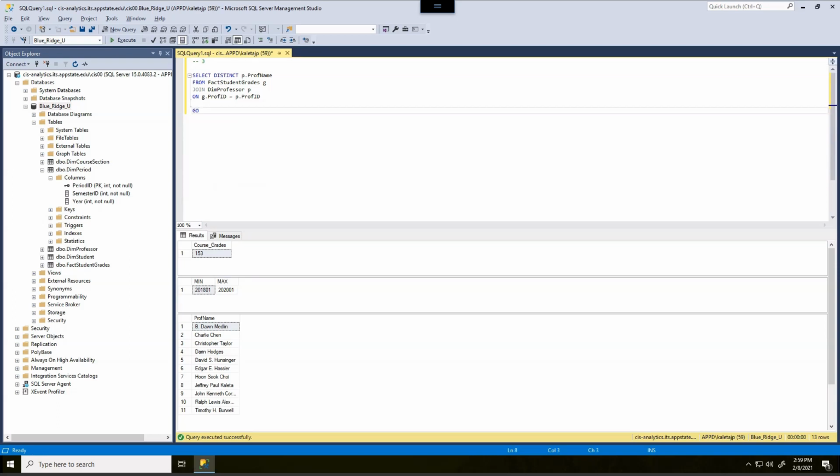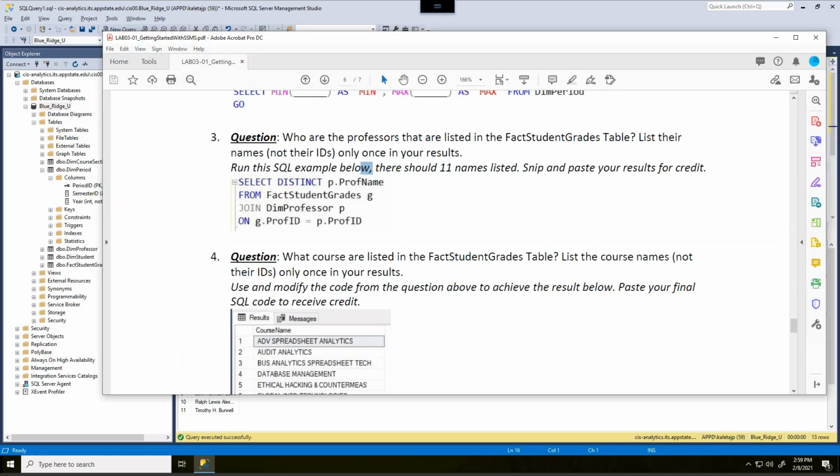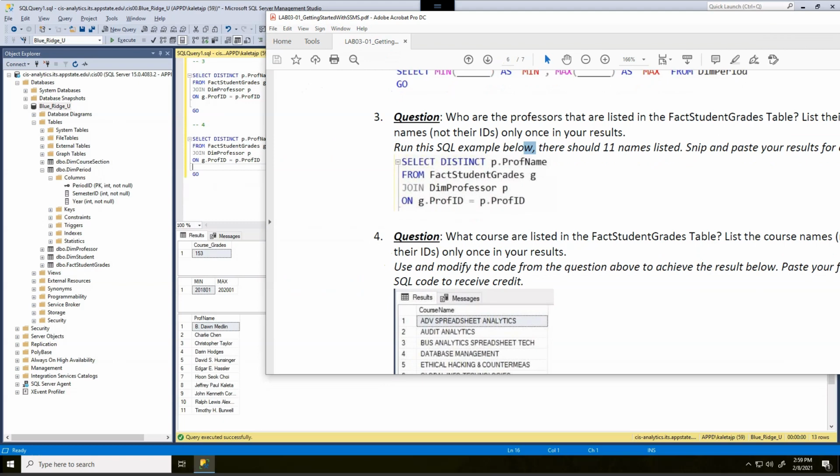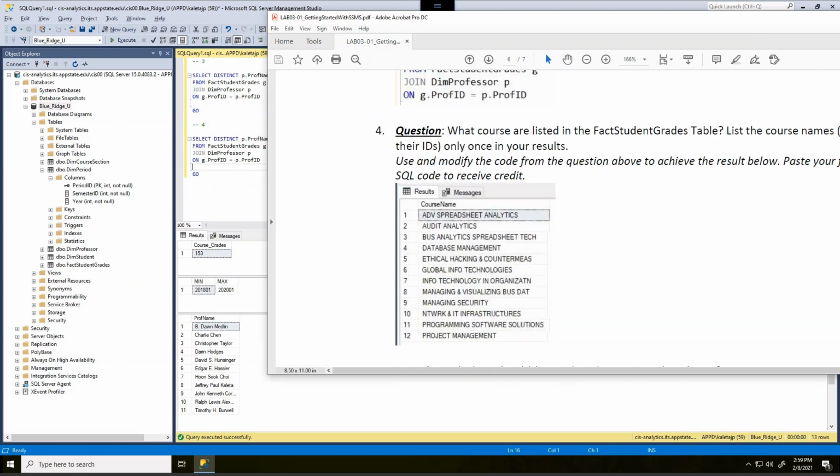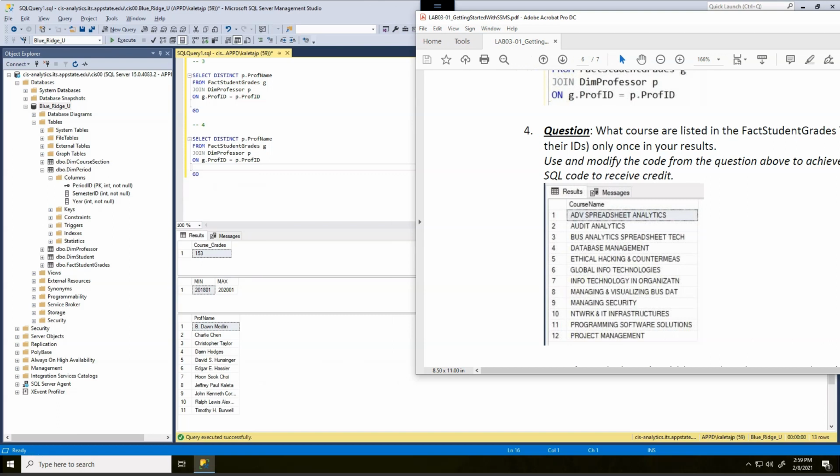All right, so now I'm going to work on number 4. So I'm going to copy this, and I am going to simply paste it, and I'm going to give it a label of number 4. Now, let's put these side by side. Let's take a look at what we're being asked. So simply, the only difference from listing the professor names is I want to be able to list the course